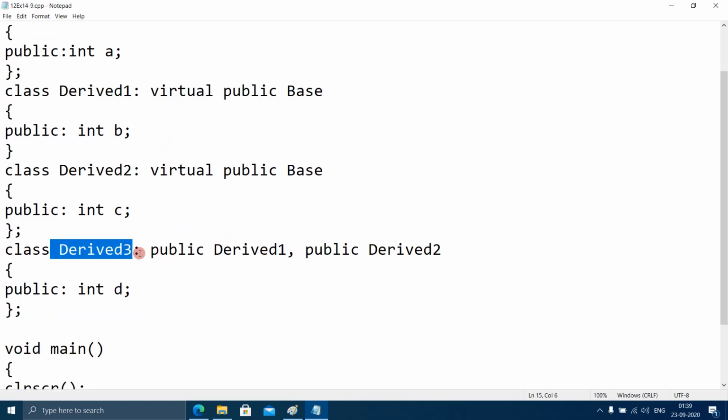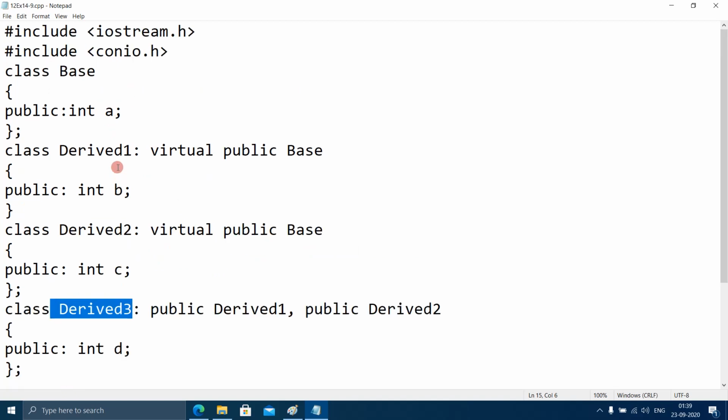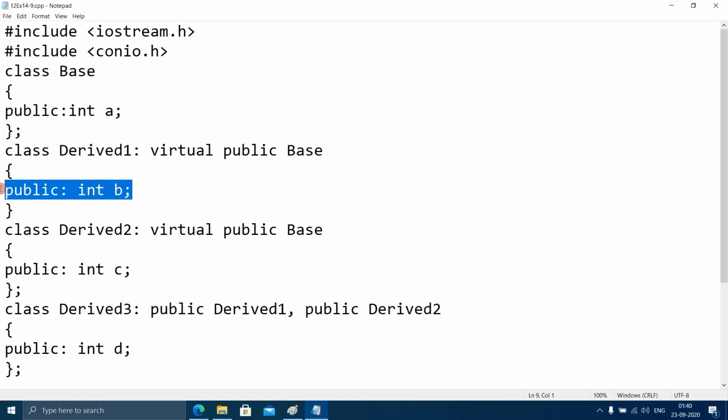So derived 3 is inheriting derived 1 and derived 2. So we can say that all the properties of derived 1 will be inherited in derived 3. So what are the properties of derived 1? Derived 1's own properties and the properties of the base class, because derived 1 has inherited all the properties of the base class.